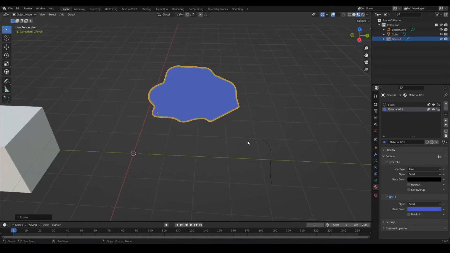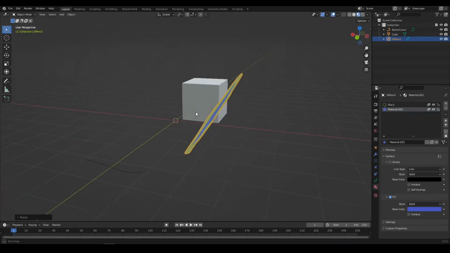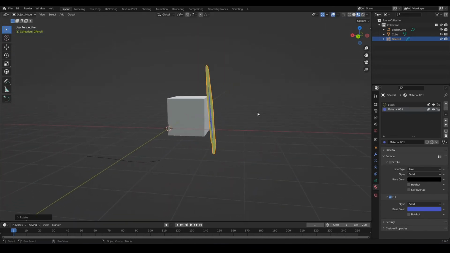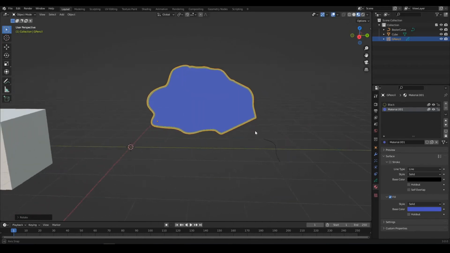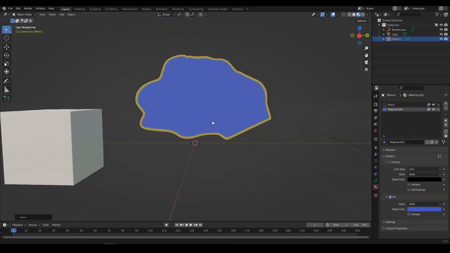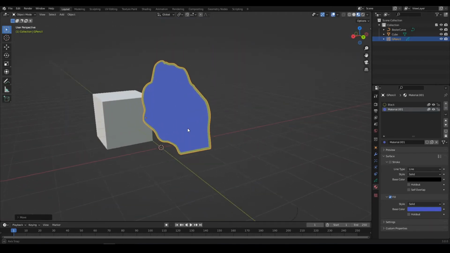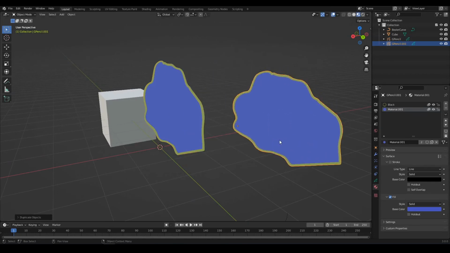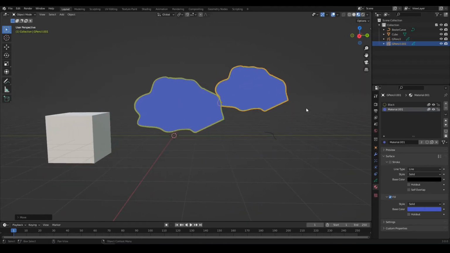Okay, I can even scale it, like that. Let's turn it so that it stands straight. Okay, let's place it in here. And so I can also duplicate one, like that. Okay,